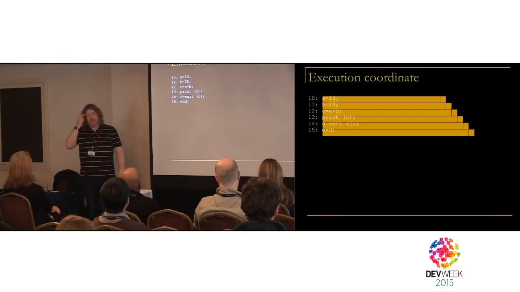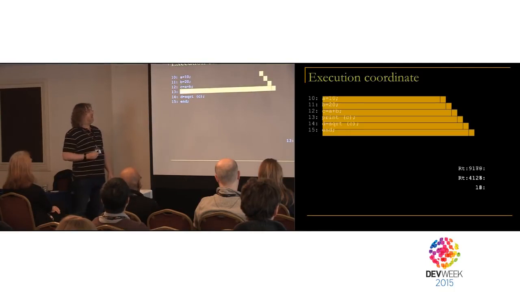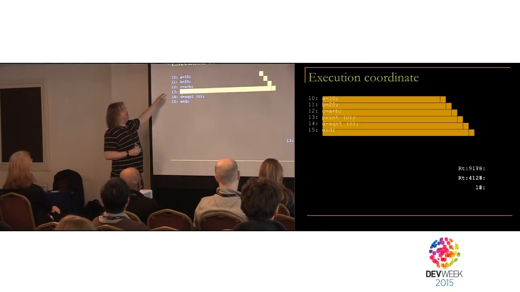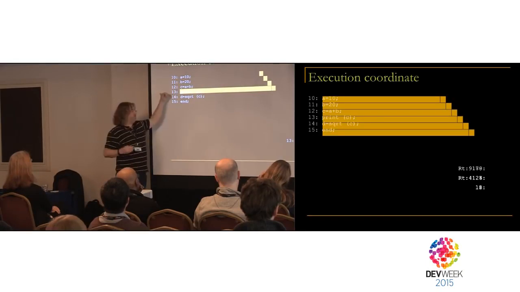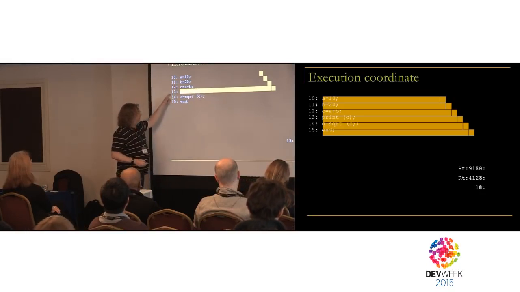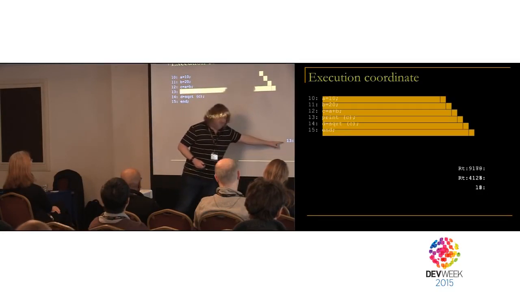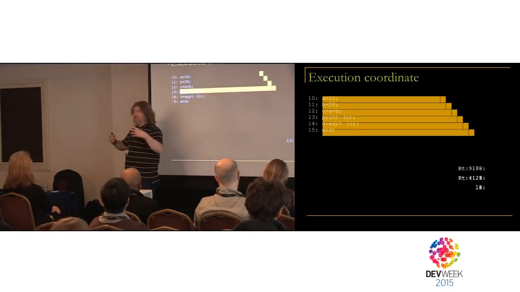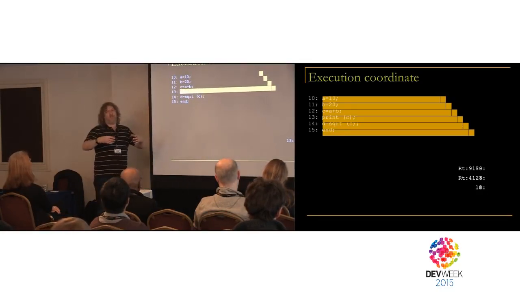Now, I want to explain in a bit more detail what his concept of an execution coordinate was. So we're going to animate this again, and we're going to stop it at line 13. So we've stopped our progress through the program, but we've also stopped our progress through time. We can see that we have this sense of being at line 13. Here's where we are in space, here's where we are in time. I'm sorry, I know I'm laboring this, but it's important.